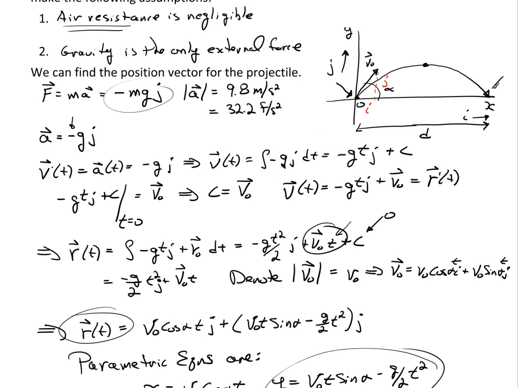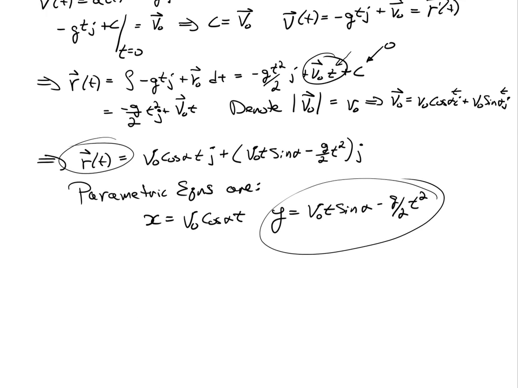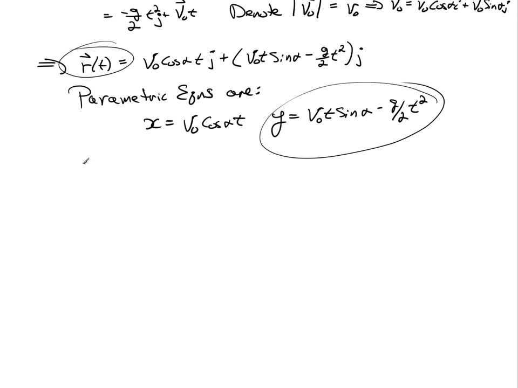I'm really looking at this point because this is a quadratic, so clearly there's going to be two answers to it. So if I take v naught t sine of alpha minus g over 2 t squared, and I set this equal to 0. If I factor out a t, I'll have t times v naught sine of alpha minus g over 2 t equals 0. Well, clearly when t equals 0, the whole thing's going to be 0, but that's that initial one